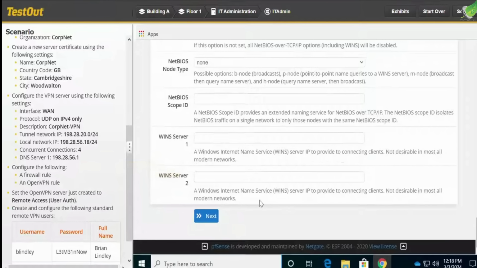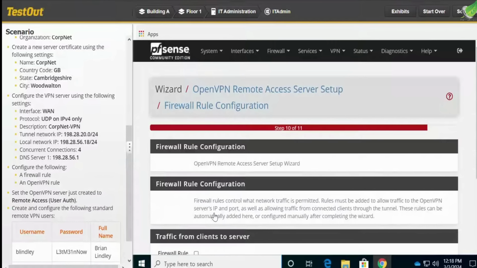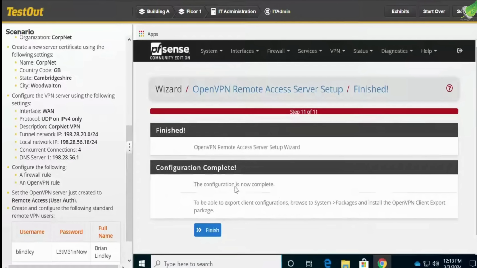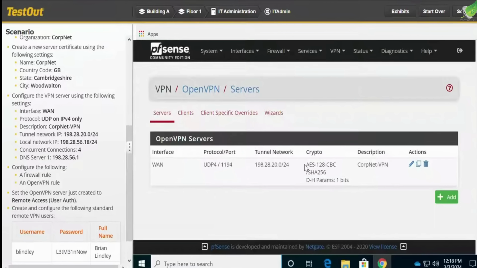Alright, so that is all. We click next, scroll down, and we select firewall rule. Make sure this is ticked, and the OpenVPN rule is checked also, and we click on next. Okay, we click finish,